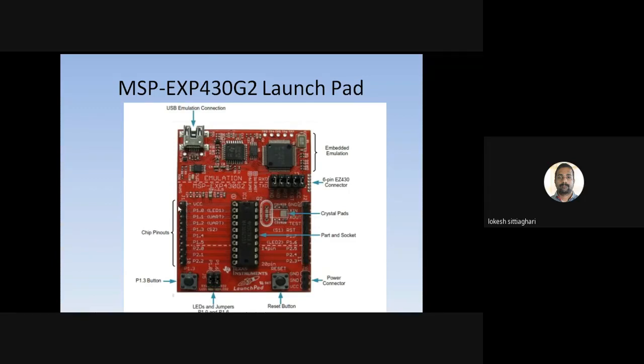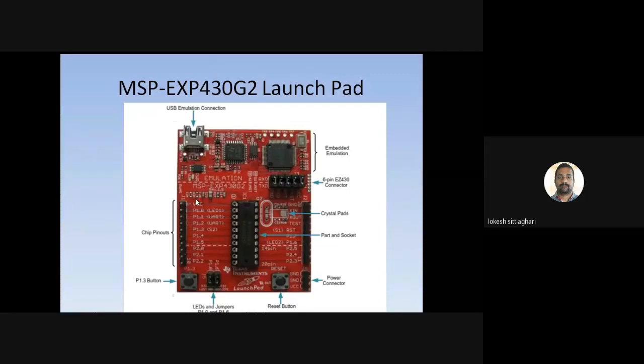These are the chip pin out. Here we have two ports, P1.0 to P1.7 and P2.0 to P2.7. These are the ports.